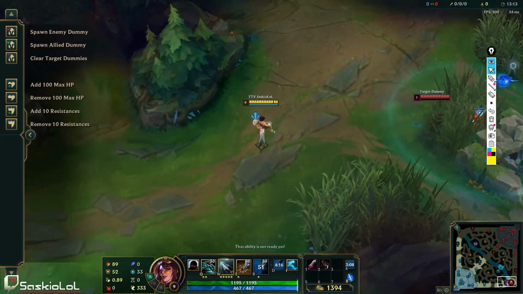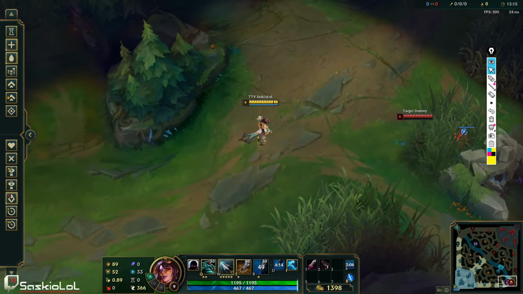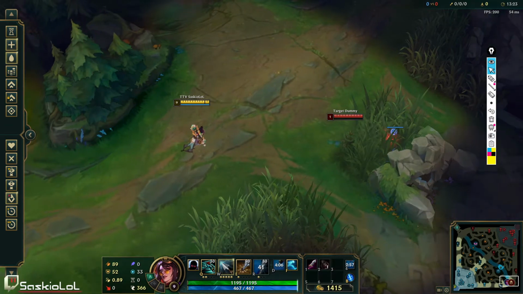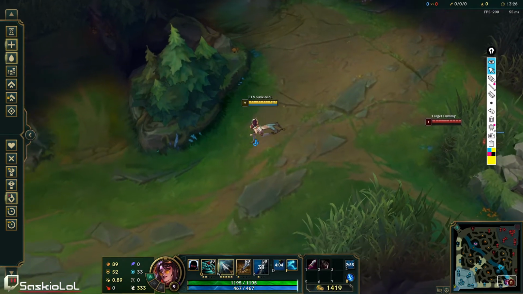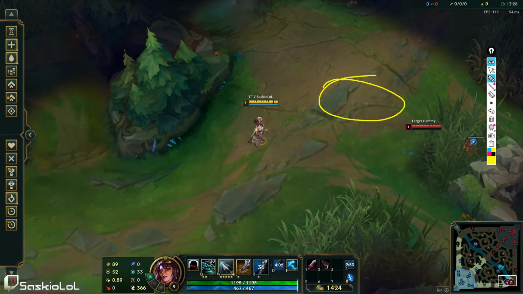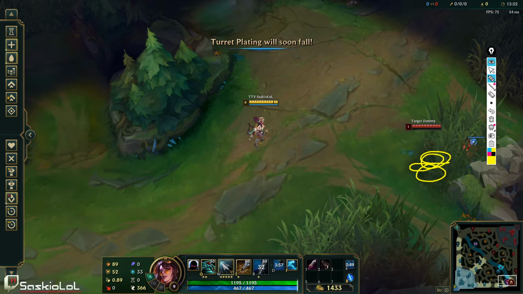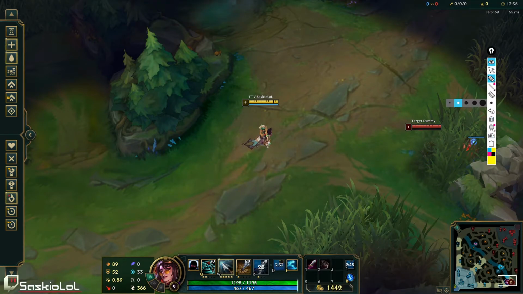So, that is why bush control, which is another concept I'll cover in the future when it comes to supports in particular, because a lot of supports ask me how do I carry when I'm playing support. I'll cover that in a future video, but yeah. Okay, so you get to lane, you're farming, right? There's a bunch of minions right here, okay? If your support doesn't control bush number 2, which is a very important concept, and he sits in here, that means the enemy support's sitting in this bush, okay?